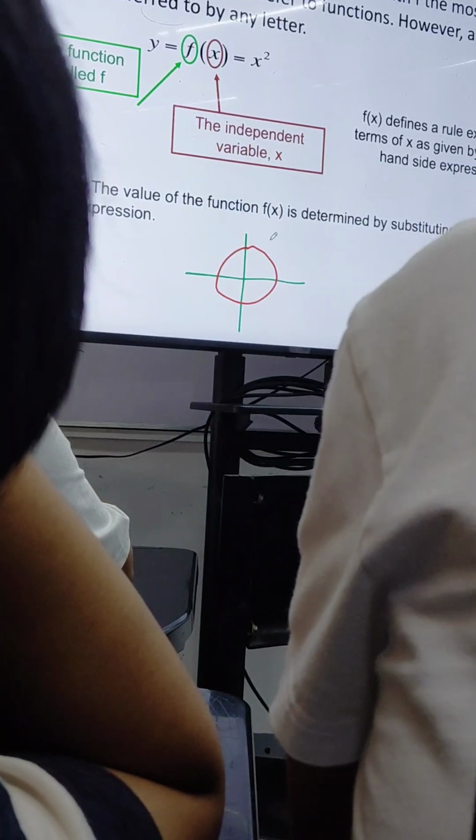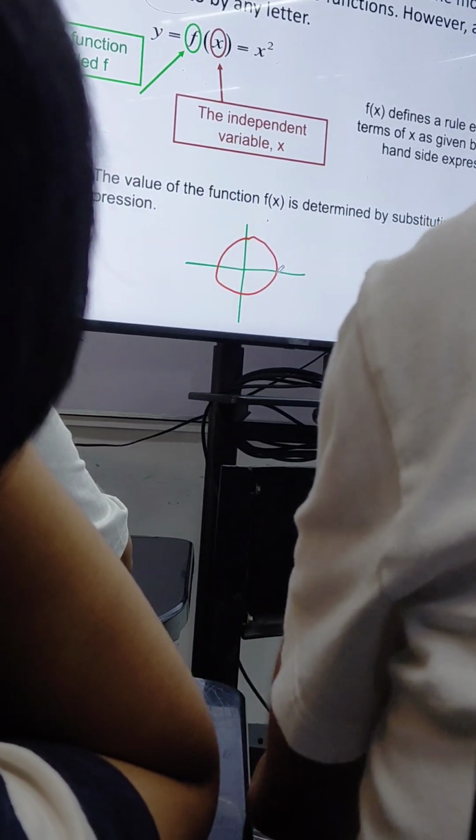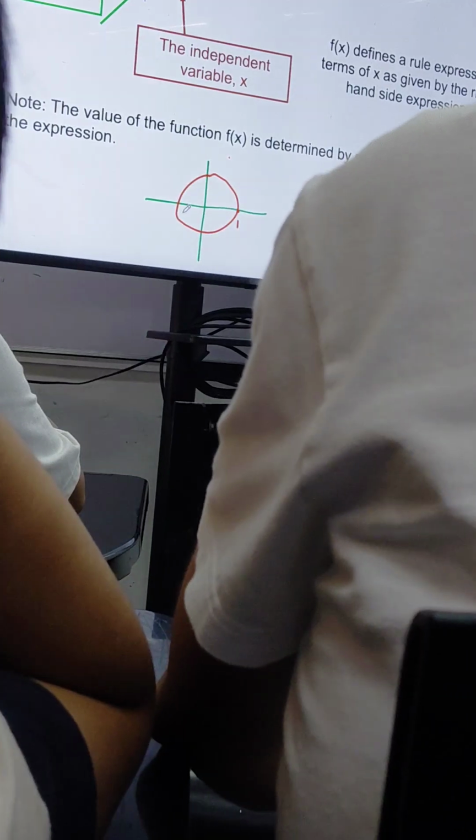Yan. So, let's say ang R mo dito is 1 unit. So, the radius is 1. So, ang equation mo is x squared plus y squared equals 1. No? So, pag vertical line test yan, hindi na siya function. Okay? Dalawa yung point of intersection mo. Ito, okay. So, if you want a function that, a graph that is a function, then you should,